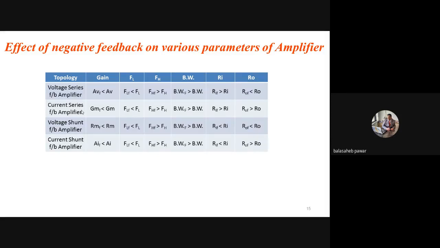Then we can mix these two signals in series, and the topology is there for the same, that is series type of mixing. And the type of sampling is current. So looking towards this topology, what is the output of this amplifier? For the said amplifier, what should be the output and what should be the input? Will it be voltage, current, or current, voltage, respectively?